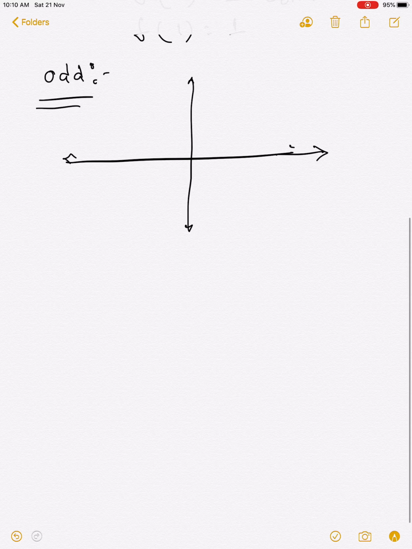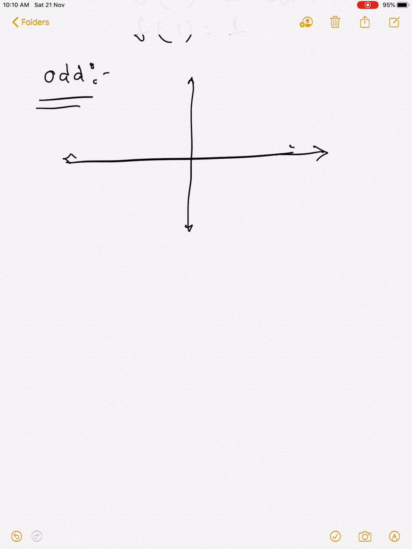For odd, this is a tricky one. What we have to do is just make the graph of the function. How do we draw the graph? You can draw the graph by putting in values, or by the freehand method, or by knowing where its slope is 0, like that. This is a long process to make the graph of a function.